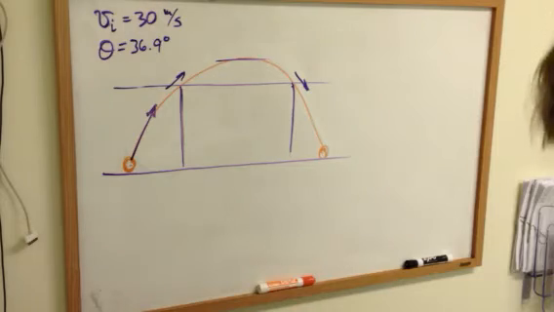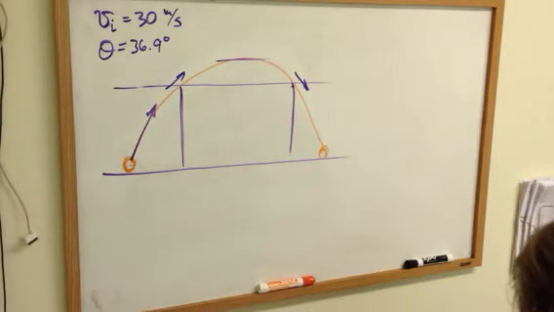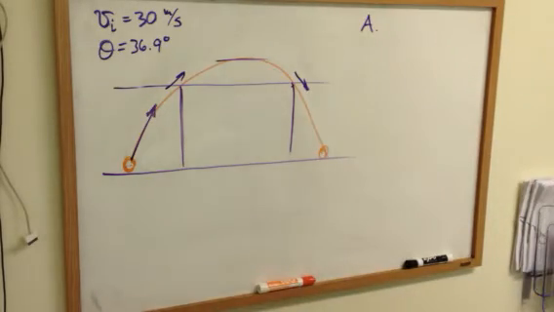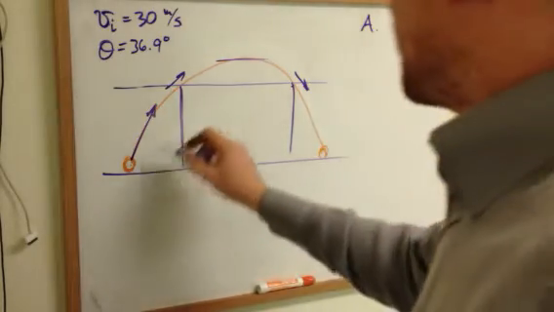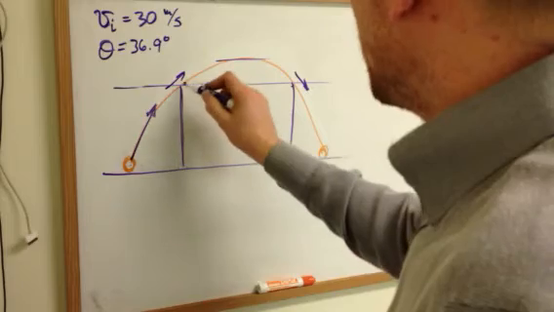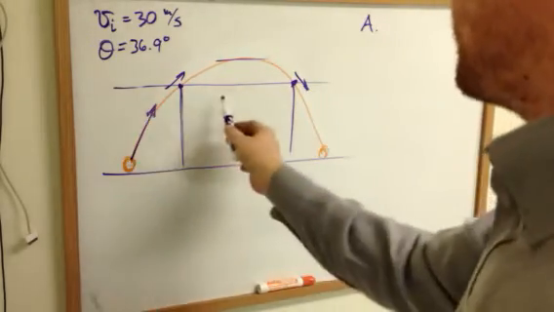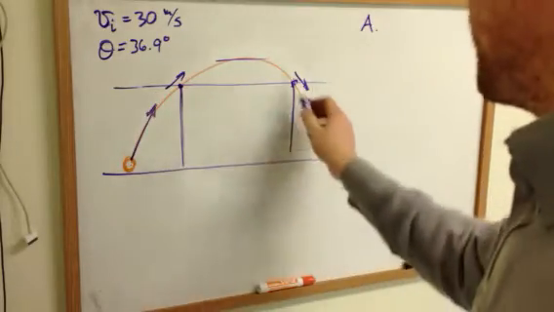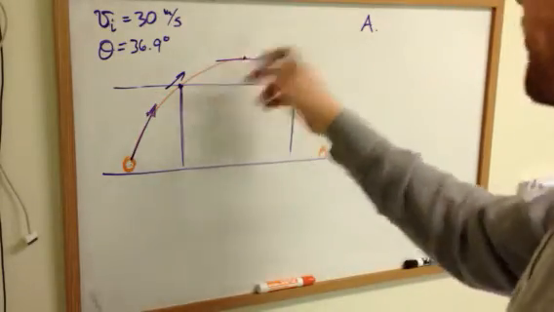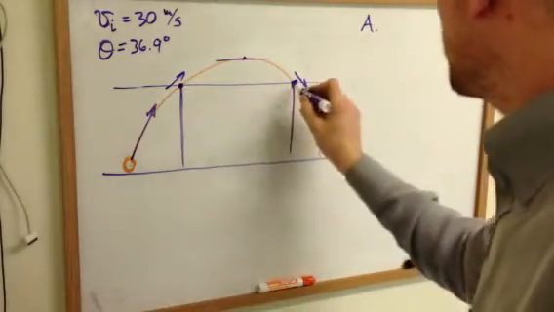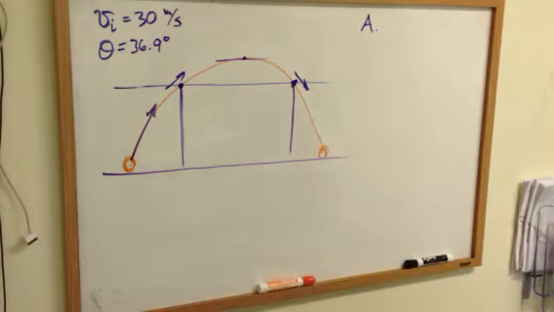And the first question, by the way, is the hardest. Part A is by far the most difficult, and I think we won't even do it first. But it's asking at what times. So what time was it here, and what time was it here? Every height is reached at two separate points, except for the very peak, which was only reached at a single point in time. But there's a point in time here and a point in time here when any height,